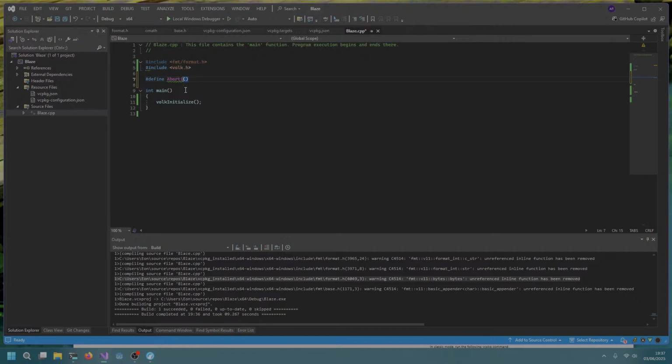Abort if failed. So this takes a particular function. We just call it input. And all it will do here is abort, which is done using assert,